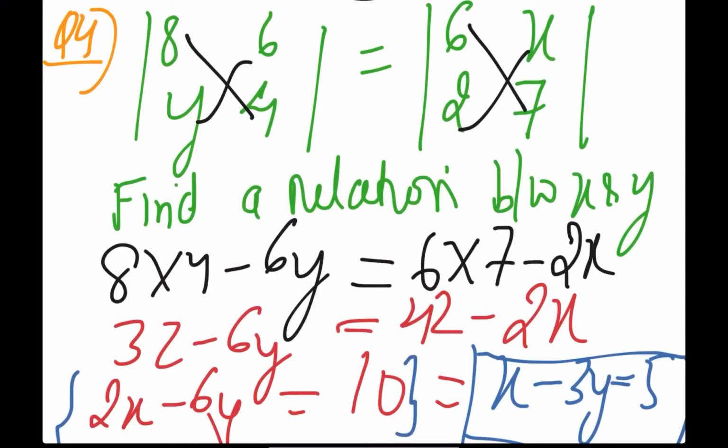Is that fine? So this is how we can solve any question regarding a 2 cross 2 determinant. So the golden rule is, first multiply these two elements a11 and a22, the diagonal elements, and subtract the multiplication of the other two diagonal elements from it. So you will get the final value of the 2 cross 2 determinant, which is a unique solution to a matrix or a determinant. Is that fine? And hence all these questions based on find x, y, find the relation, you can do very simply.